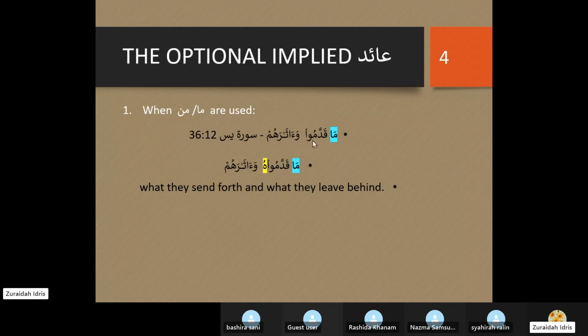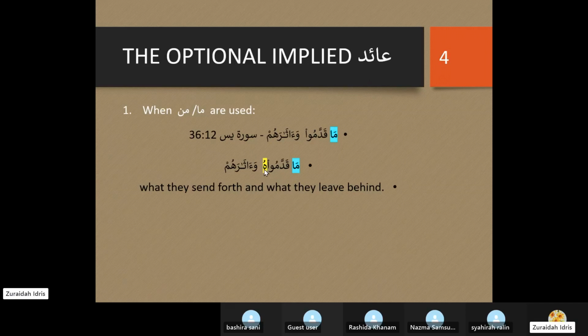Yeah. So you don't realize this. You see it in the Quran all the time, and you don't even give it a second thought. So this is why I need to highlight this. When you do Irab, they will mention that the a'id has been dropped, omitted.